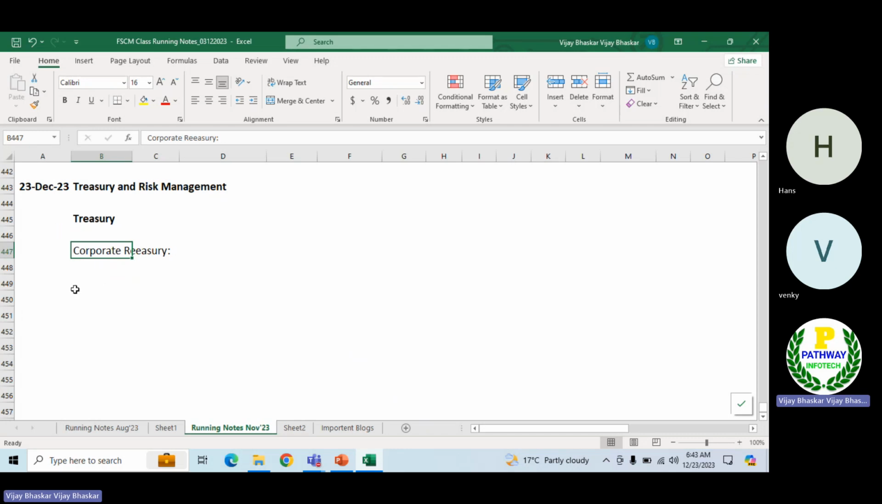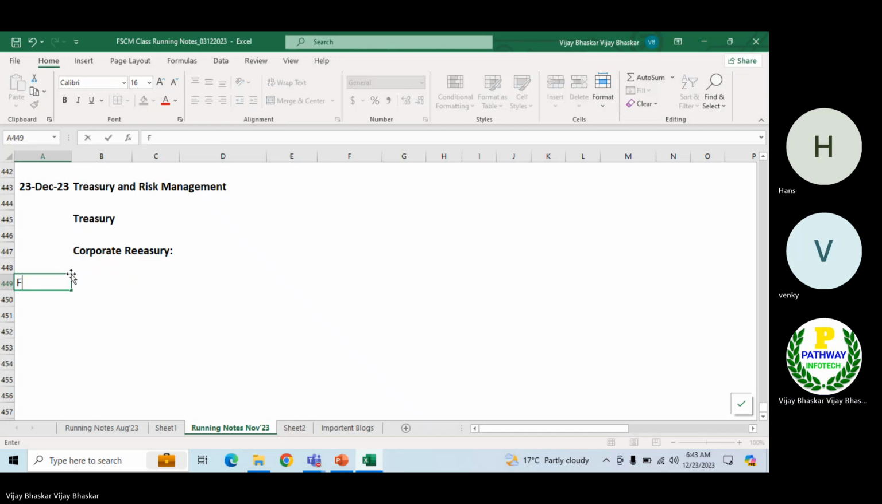Now, when I talk about corporate treasury, it is the system that particular manufacturing organizations implement for corporate treasury functionalities. Under corporate treasury, what activities come into the picture? We need to understand the functionalities of corporate treasury. One is